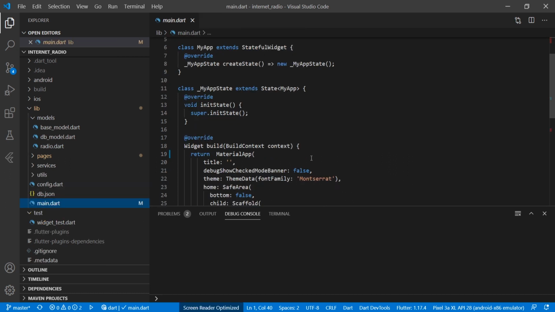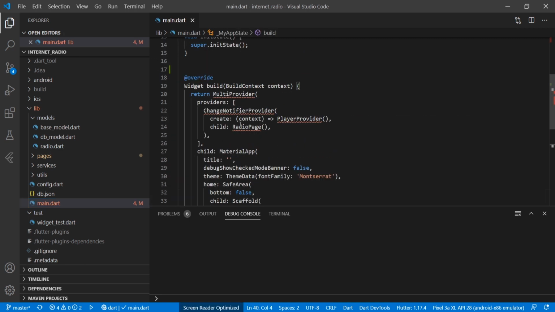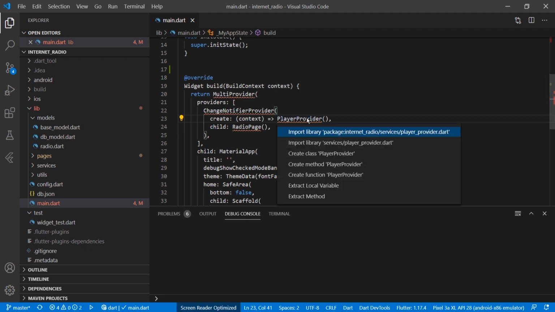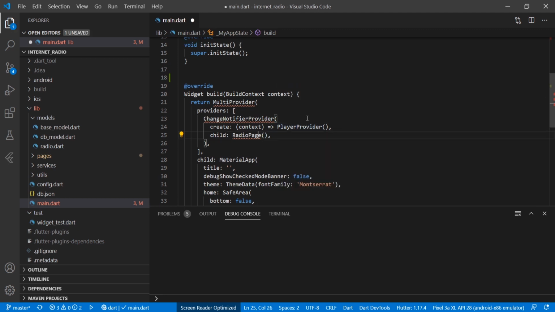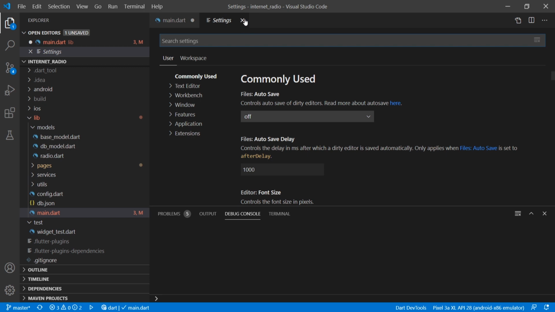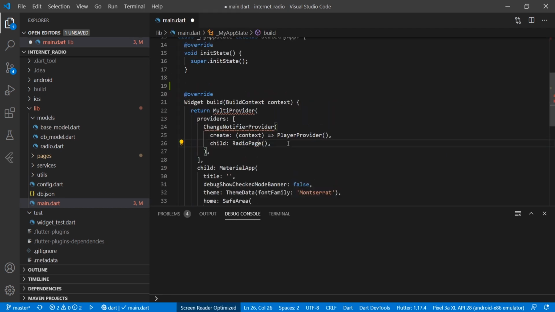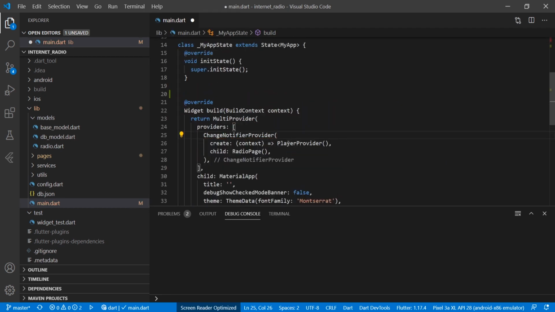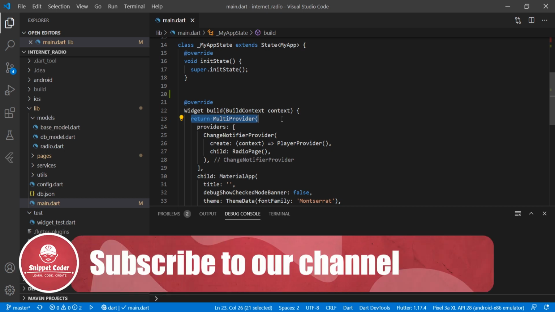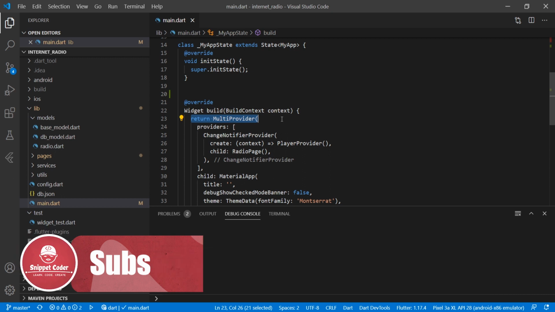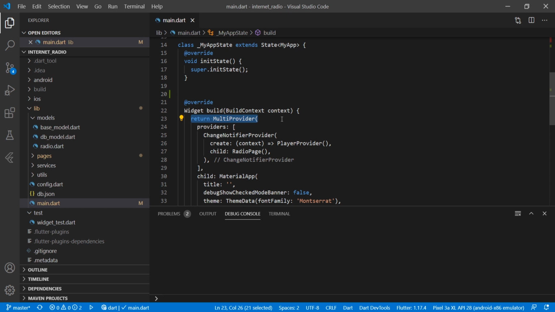So now we will define our provider class in our main.dart file. What we are doing here is we are returning the MultiProvider, and in the providers we are providing the ChangeNotifierProvider, and in the create we are providing the PlayerProvider class name, and in the child we are providing the radio page.